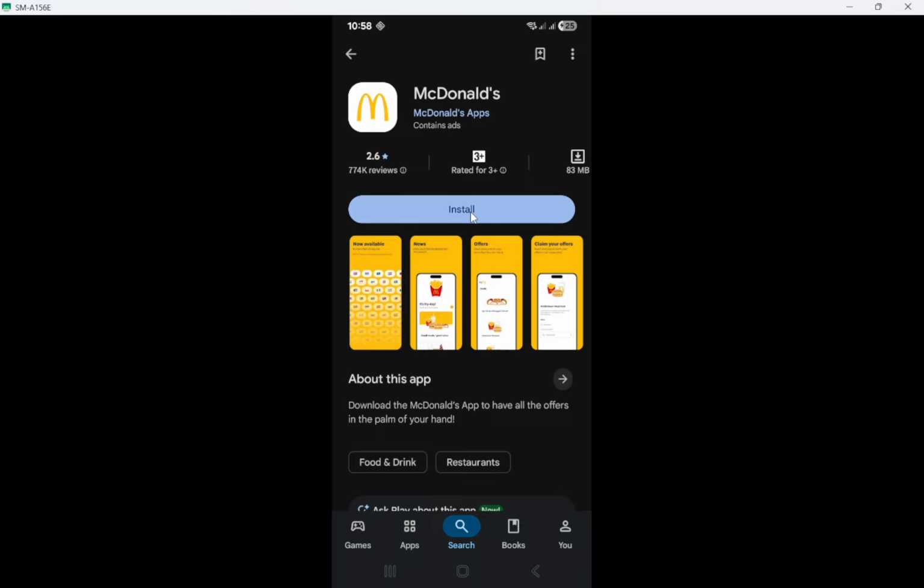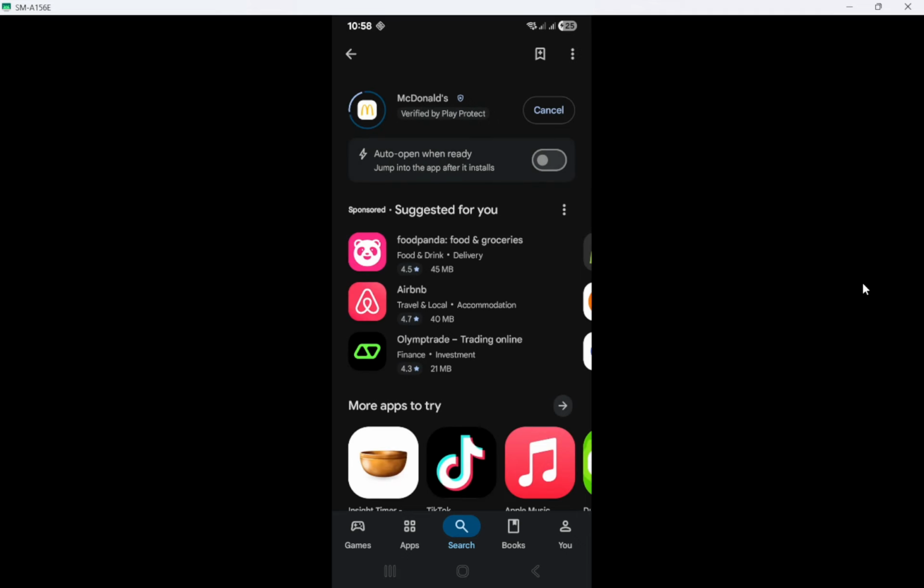When you're ready, tap Install. If you see Update or Open instead, that simply means the app is already on your device or there's an update available. While it downloads, you'll notice a progress bar. If your phone asks for confirmation to proceed or to accept terms, go ahead and approve those so the installation can complete. When the button switches to Open, tap it to launch the app.